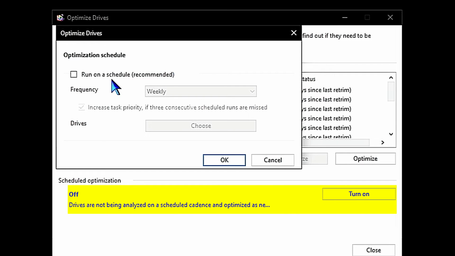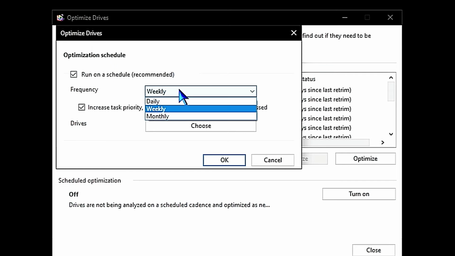From these controls, you can also set up Windows to schedule optimization, and then the optimization will be handled through the operating system. If you want to automate the process,